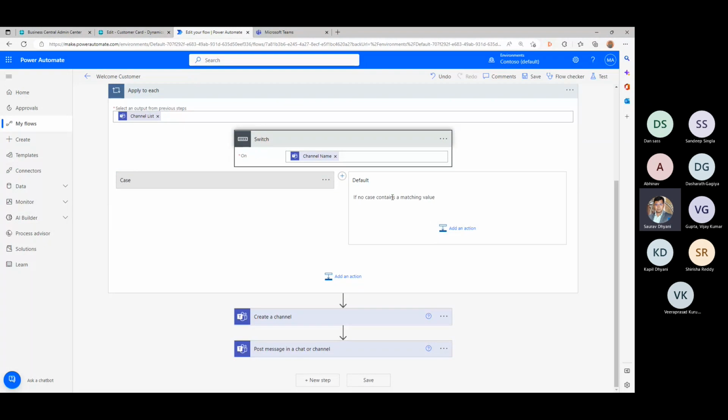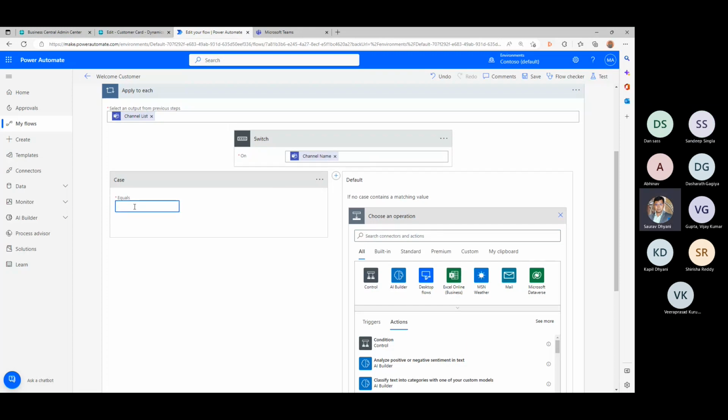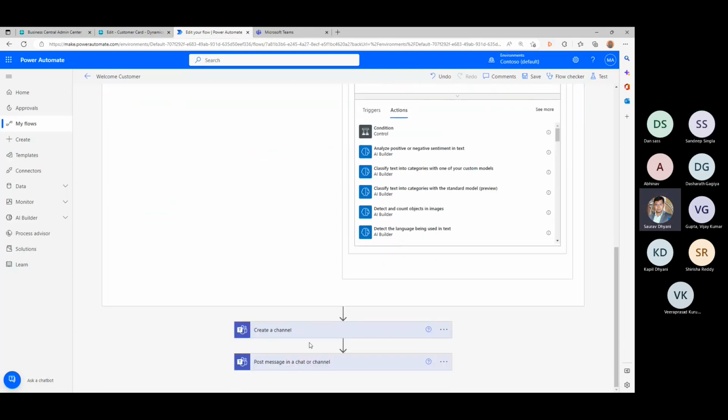If not on channel name. Interesting. So you will do it on the switch, left side now. In the case, you will say on the left side, equals blank. Okay, I'll say the same thing.